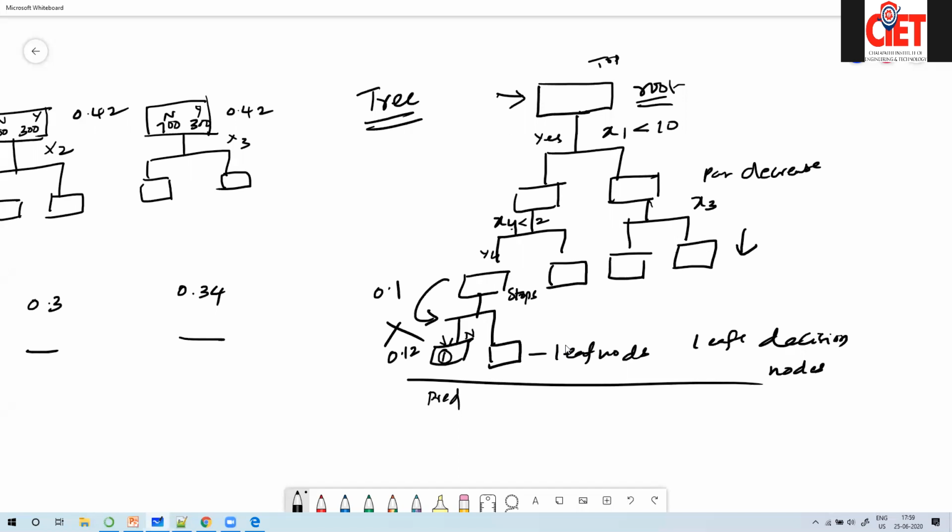Okay, we will stop here. We would continue with a slightly more deep dive into the tree tomorrow, and then